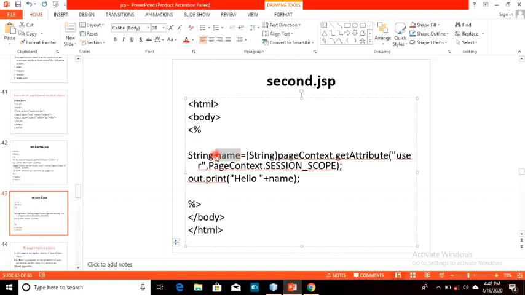It will extract the session variable with the help of page context, and it will be printed. It will be executed in the same way we did with the session variable.